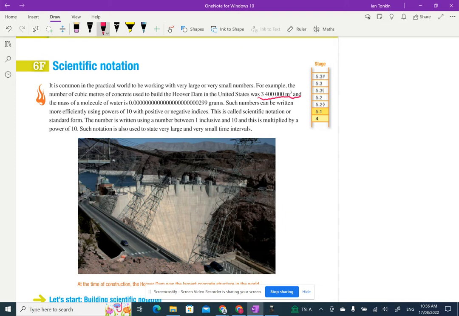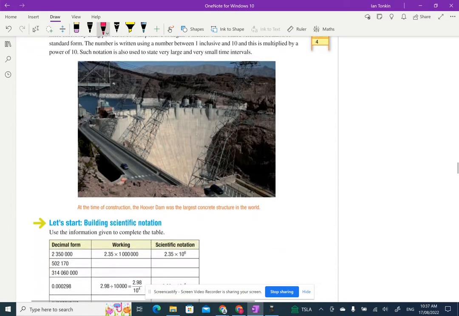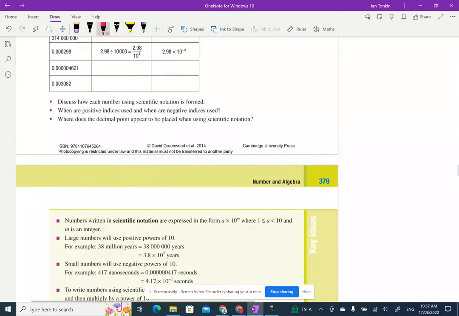The same here. If the mass of a molecule of water is this big number, we don't want to waste all our time writing or saying all of those zeros. There's an easier way to give place value in the magnitude of a number, whether it be magnitude as being very small or magnitude as in being very big. So essentially,